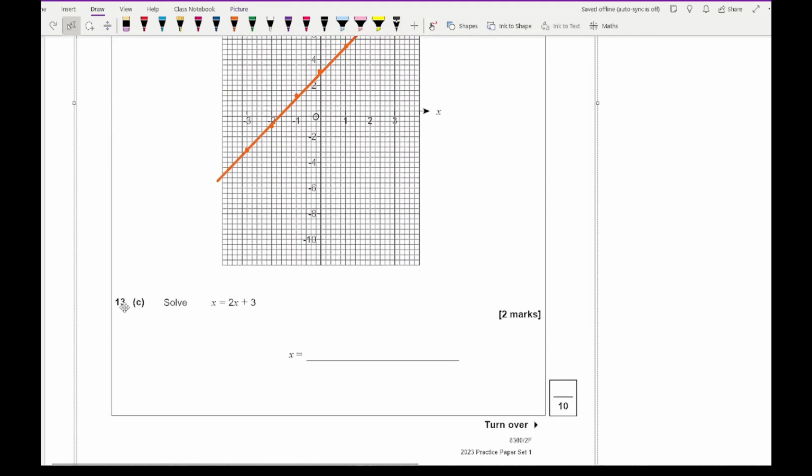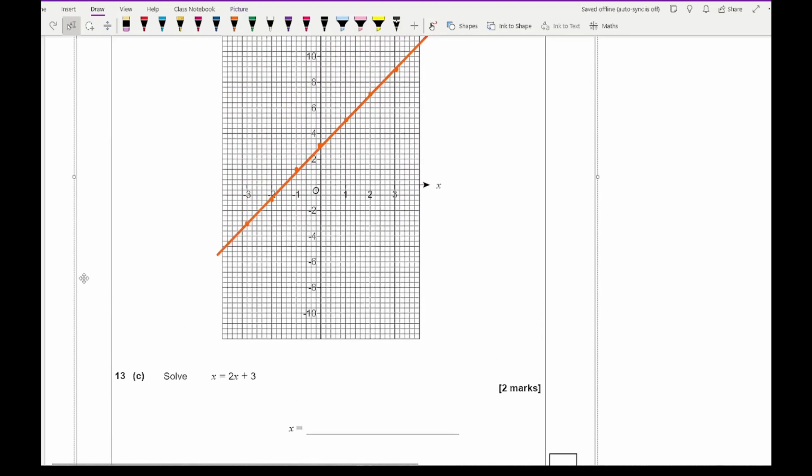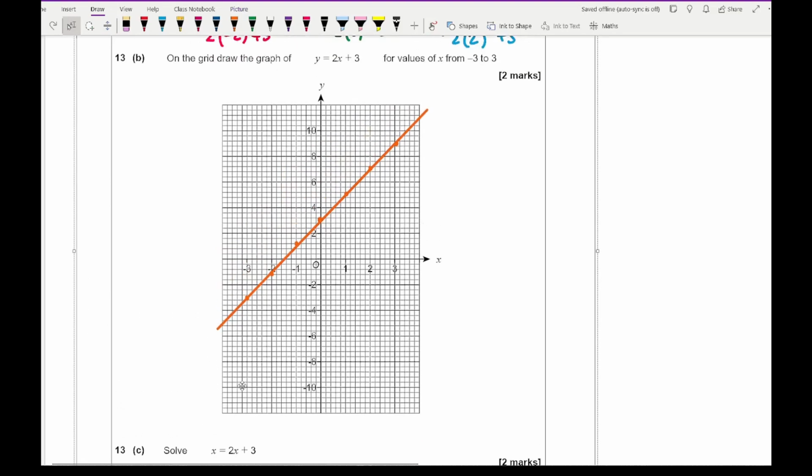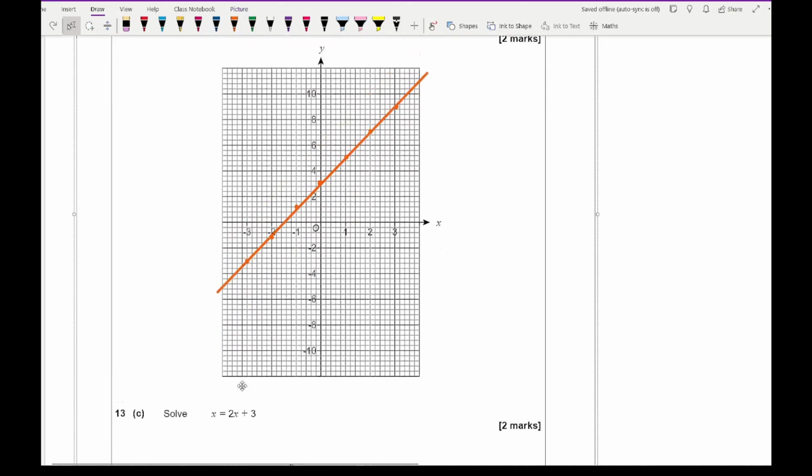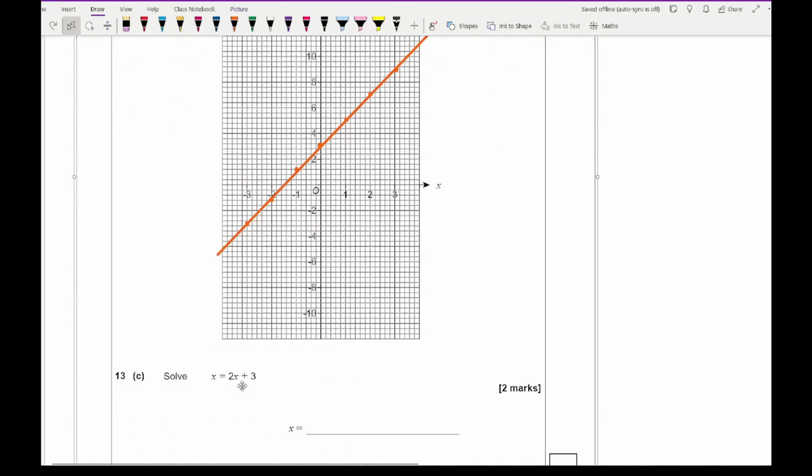The next question says solve x equals 2x plus 3. So for this question, what we want to do is basically plot y equals x and y equals 2x plus 3. So we're looking for plotting each of those. So if I plot y equals x, then what I end up with is,